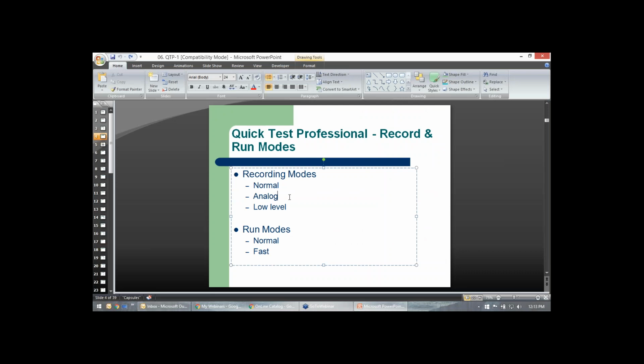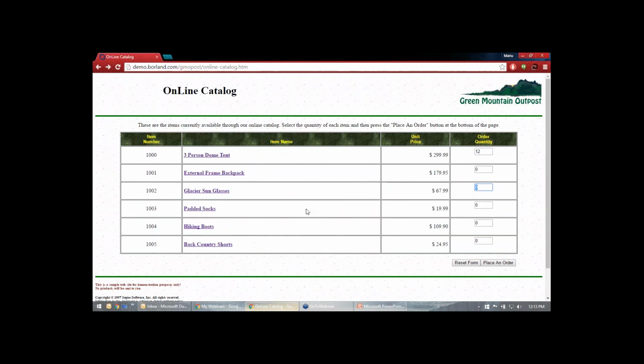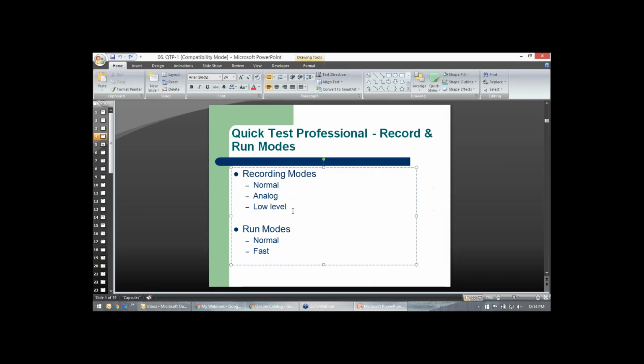Then you have analog recording. Analog recording is for when you are tabbing through buttons. Sometimes you want to tab, and the tabs get highlighted and you want to change those things. You can do that in analog recording. Then you have low level recording.